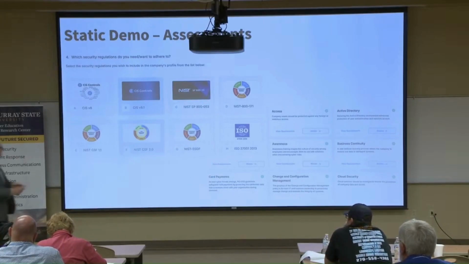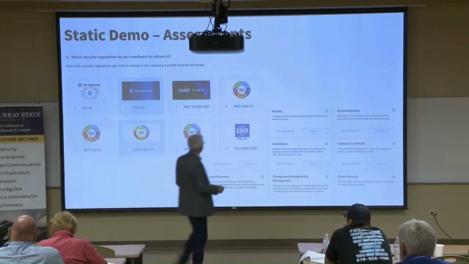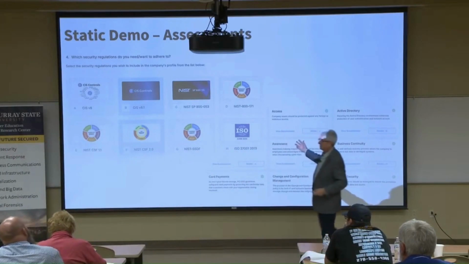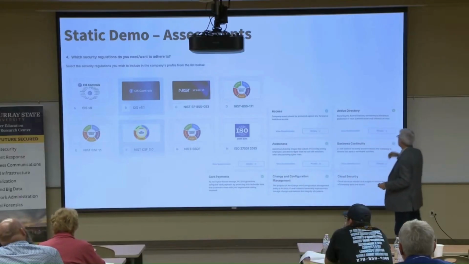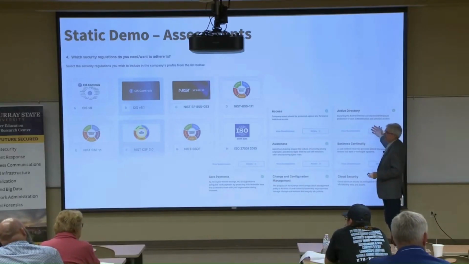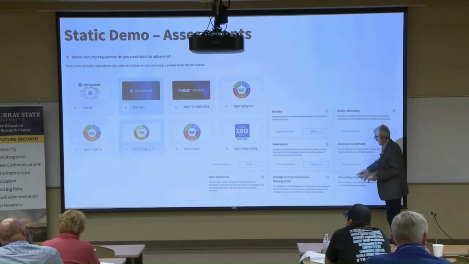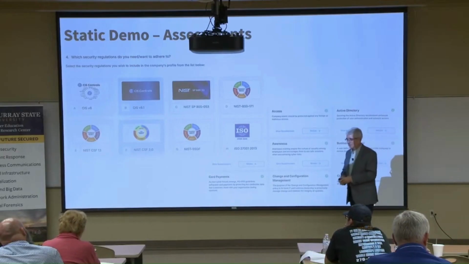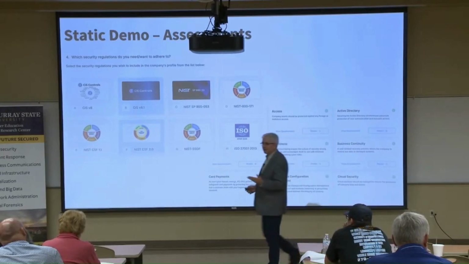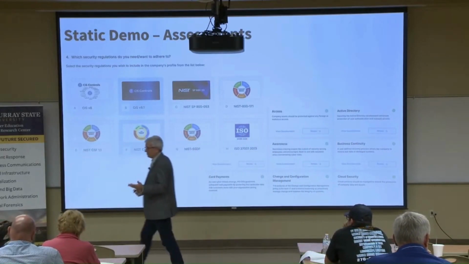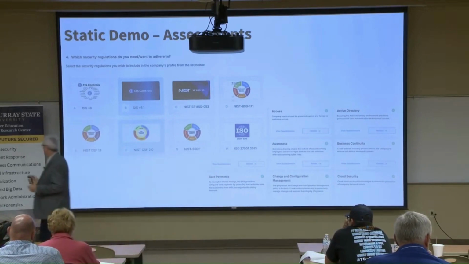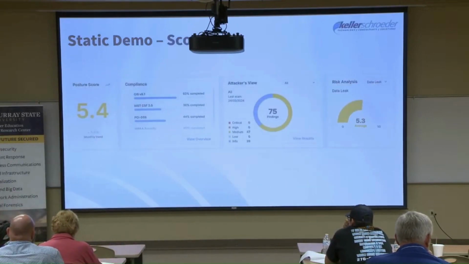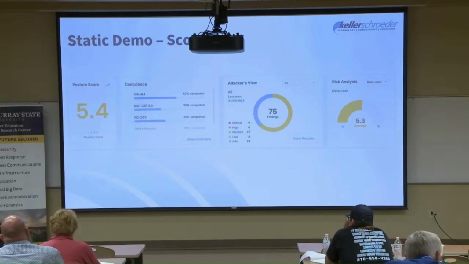And if you notice over here on the right, this is just an example of some of the questionnaires that get dynamically built. Based upon what you've chosen, there may be an attestation questionnaire around Active Directory, around cloud security. I don't have it on the screen, but some of them are even generative AI, because if people are using it, you need policies, you need processes around it. And then this is a fictitious company. I refer to it as kitchen sink because in our demo environment, I throw everything at it. But this is just an example.